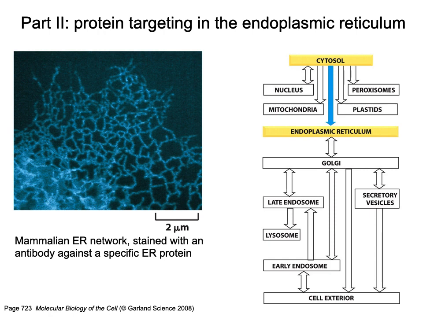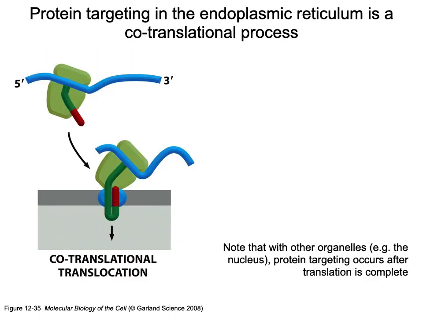Okay, so for the next part we're going to be looking at protein targeting in the endoplasmic reticulum, so in the ER. Okay, so our blue pathway here. The important thing to keep in mind with protein targeting for the ER is that it's a co-localization process. So it's not just the polypeptide chain that is moving, but the ribosome and the messenger RNA are also moving with it, so that as the protein is being synthesized, it can be